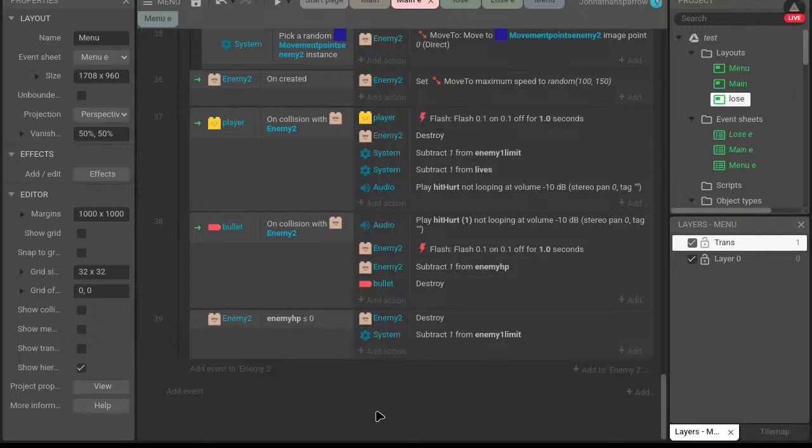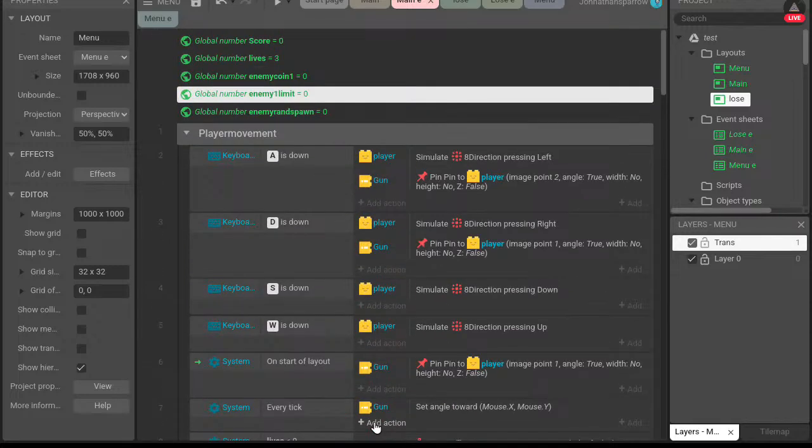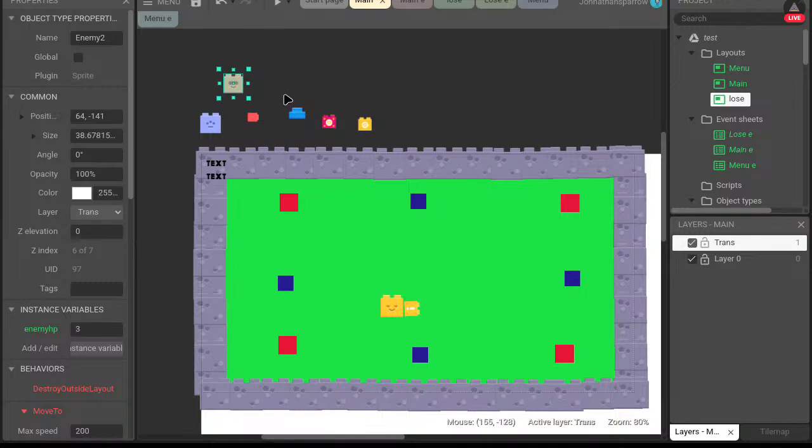For enemy 2, I wanted to have the ability to drop 3 things. Nothing, a regular coin, maybe have it worth more, no, maybe make it worth less, an actual coin, and a power-up.